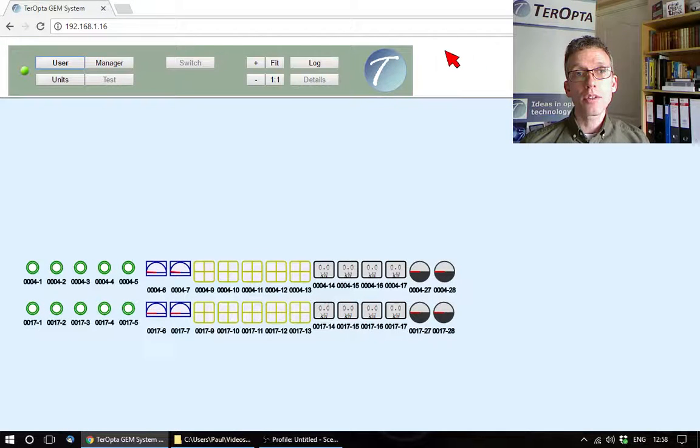We're now going to look at devices and what they mean. So on my GUI here, I have two rows of icons, little pictures, different shapes and sizes, which represent what we call devices, which are effectively inputs and outputs from the TerOpta GEM unit. And I have two rows in this instance of devices, and that's because in my network I have two TerOpta